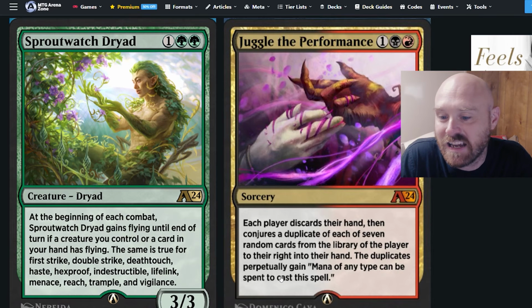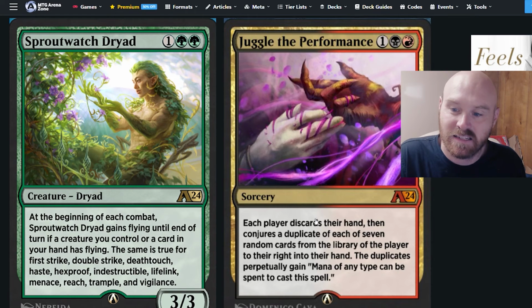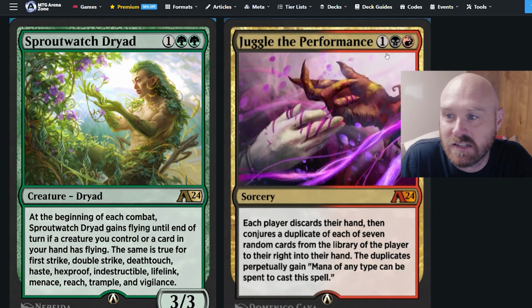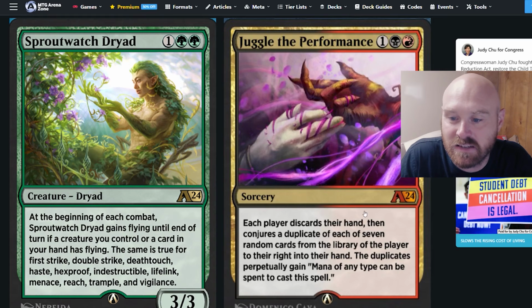The mana of any type can be spent to cast a spell. Obviously, that's needed, but that makes this really interesting to where you play this. Because obviously, Wheel of Fortune is best played when you have 0 cards in hand. So then it's basically a draw 7, but your opponent is drawing 7 too. And the only way you're going to have 0 cards in hand is if